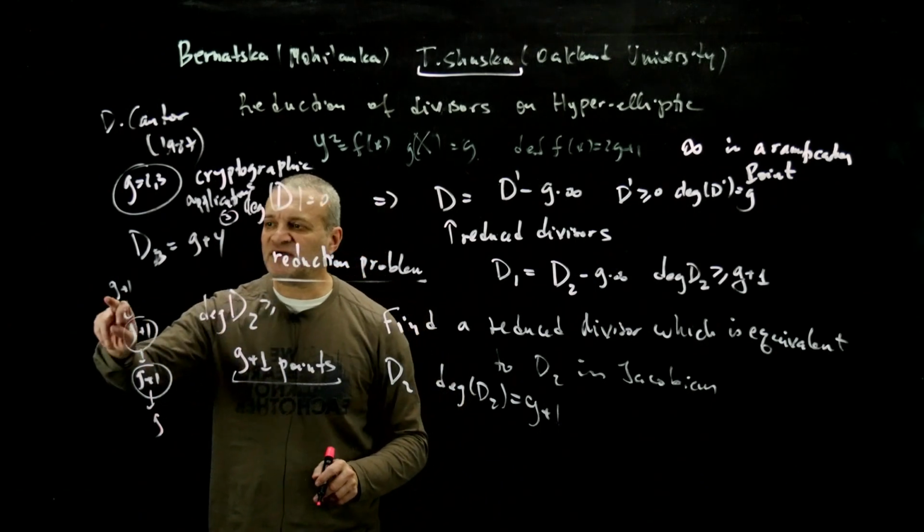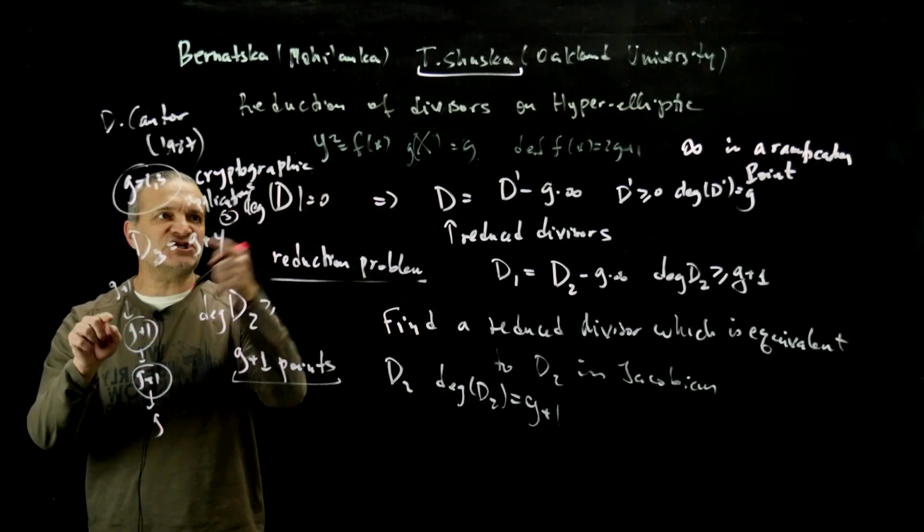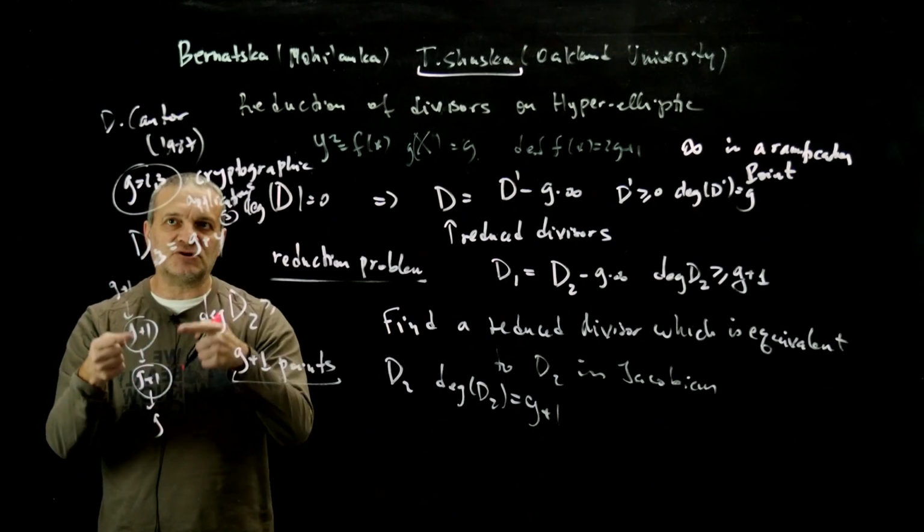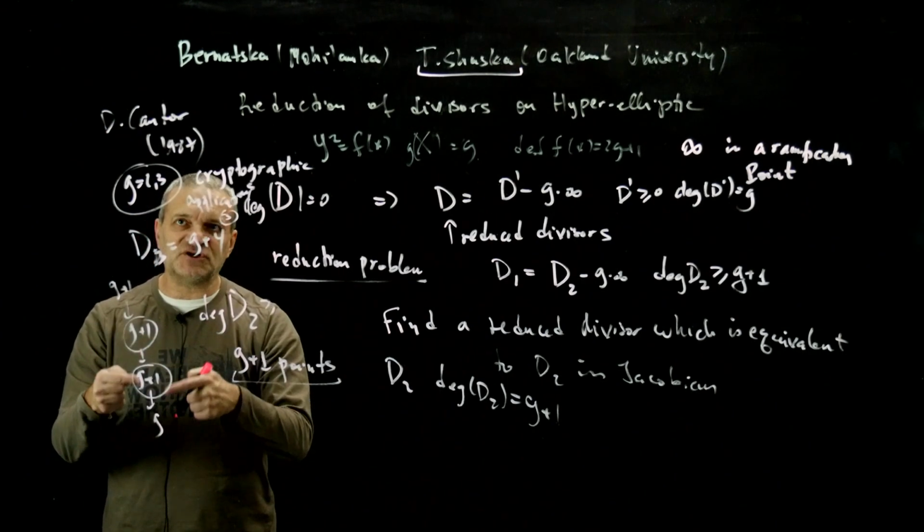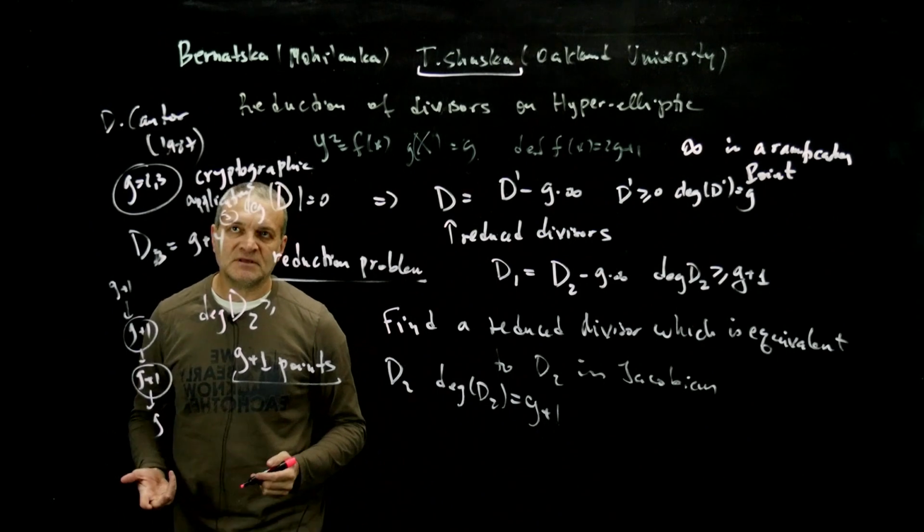Right? So here you have g plus 1. You reduce it, you get g. You add another point, you have g plus 1. You reduce it, you have g. You get another point, you have g plus 1. You reduce it, you get g. Okay? Now,